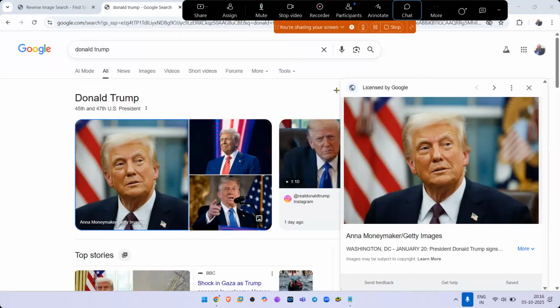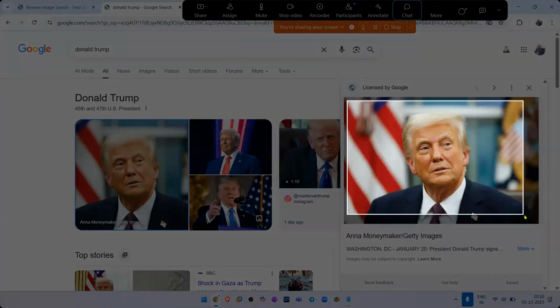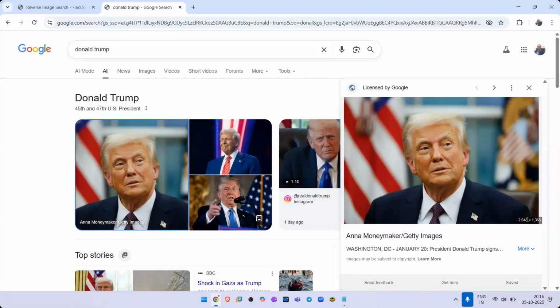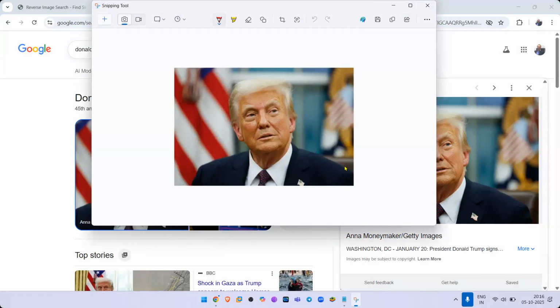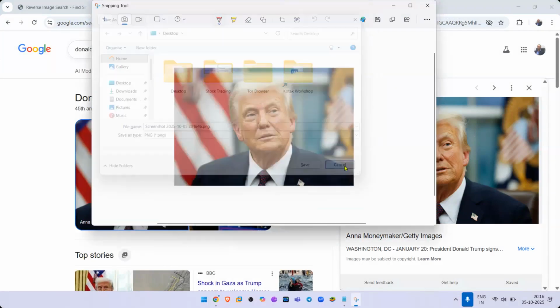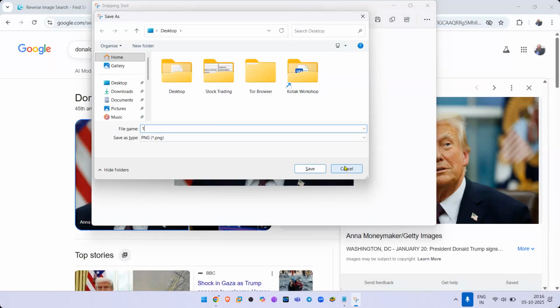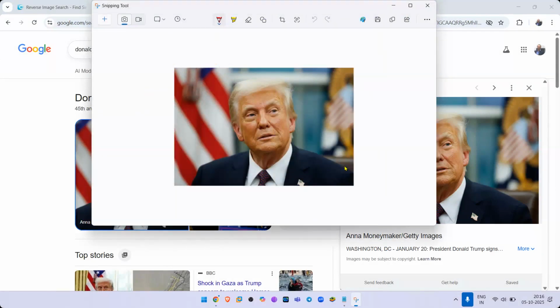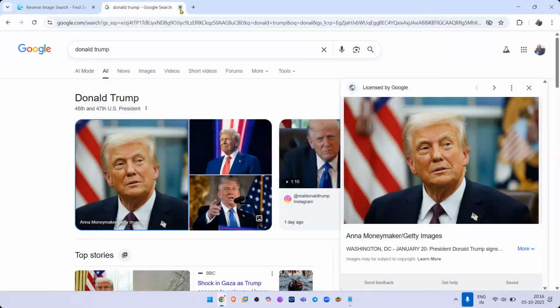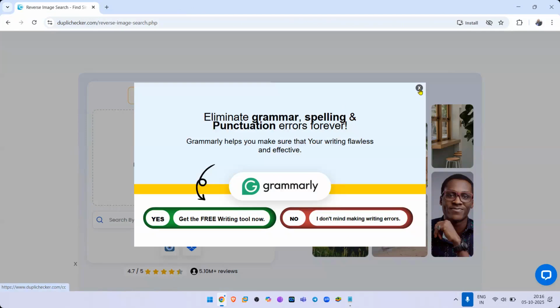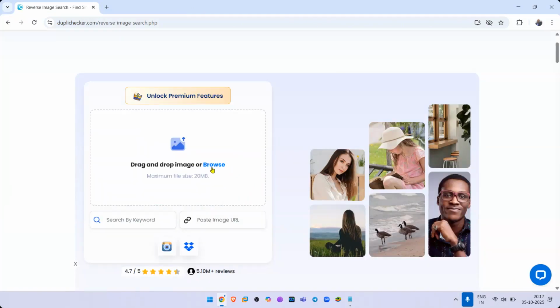Now let's go down here. Copy this. I'll just give it a name. I'll just call it 1.png. I'm not giving the name of the person in the file, so that Google doesn't guess who it is.